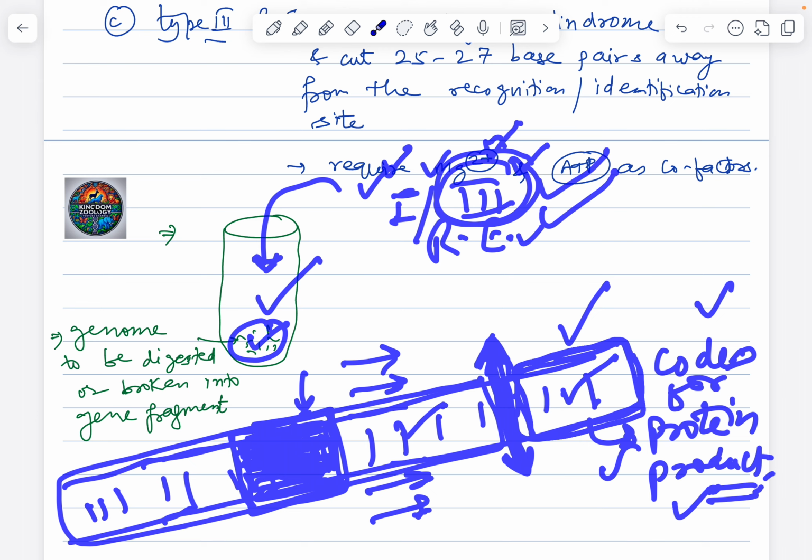तो टाइप 3 एंजाइम यूज करने में भी कोई प्रॉब्लम नहीं है. बट प्रॉब्लम कहाँ पे आएगी? रिपीटिशन में. When you want to repeat the same experiment to get the same fragment so that you can get